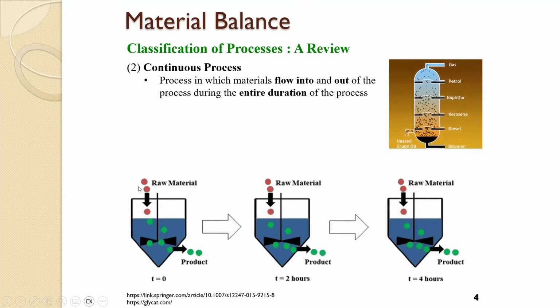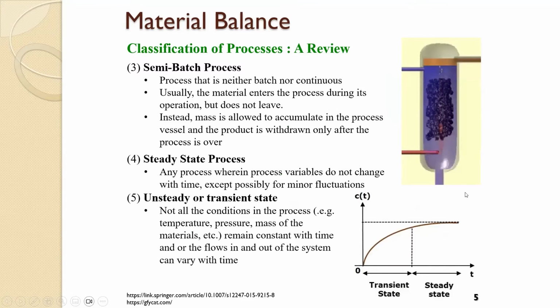So you can see in here the raw materials being fed, and this one being stirred or mixed, and then the product is continuously being removed, meaning there is no accumulation. Actually, there's generation of the product because there's product, but nothing is accumulated. So you'll notice, for example, there are five circles inside, there's always five inside, and the product is always two. So this one is a continuous process. And then we also have what you call the semi-batch process.